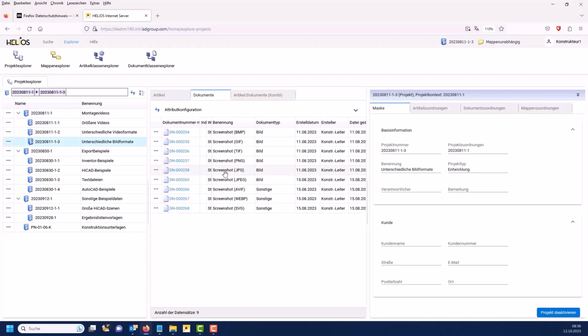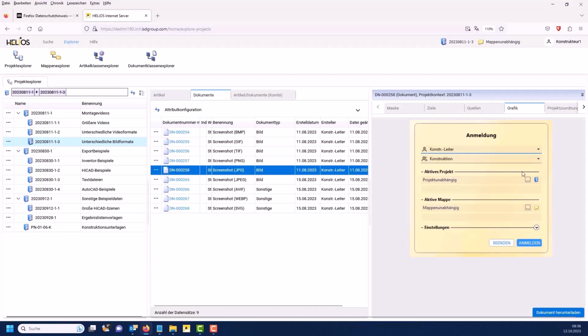Different image formats can also be displayed, for example JPEGs or similar. Here too, there is now a